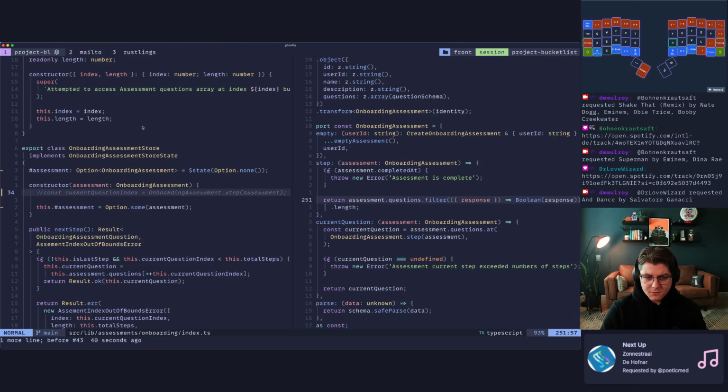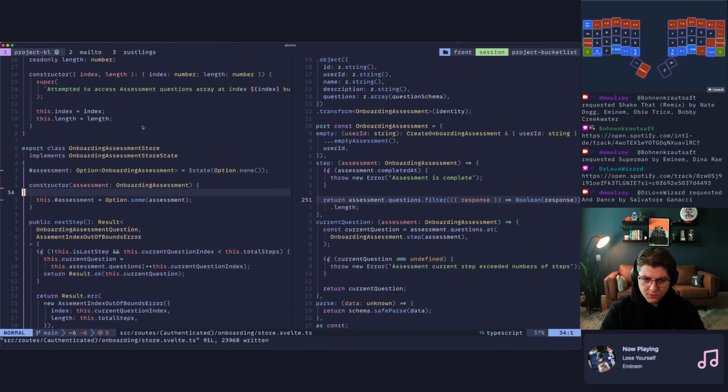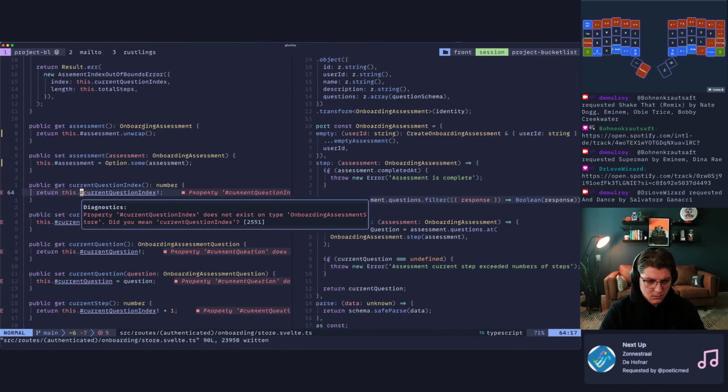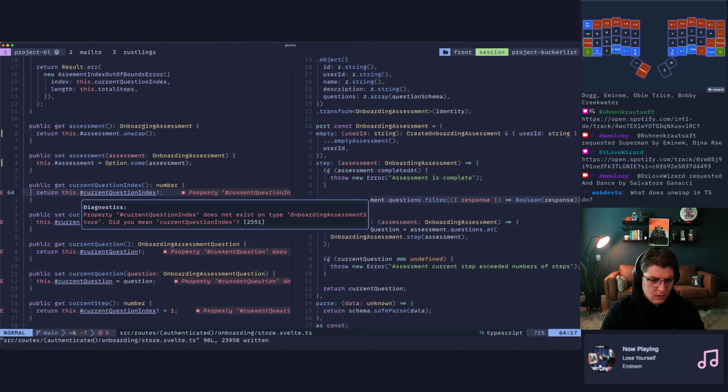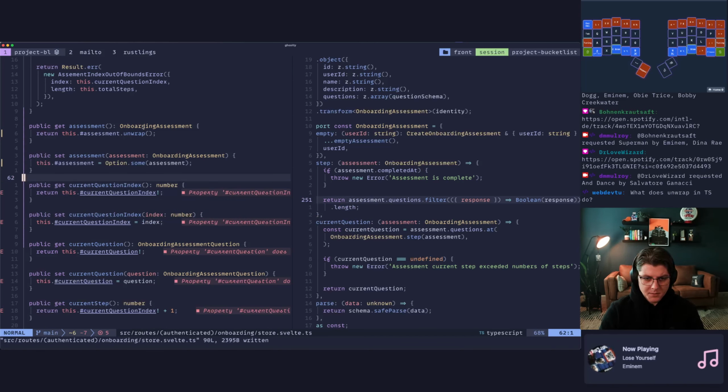I think we need a -1. Unwrap, so I wrote this option type. Unwrap does the same thing it does in Rust. It will either get the value out of the option or throw an error.